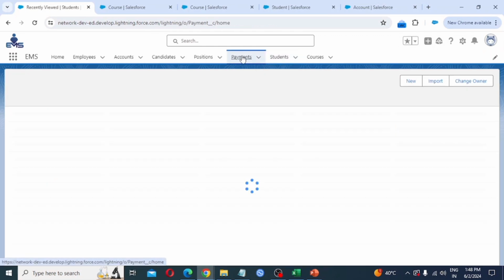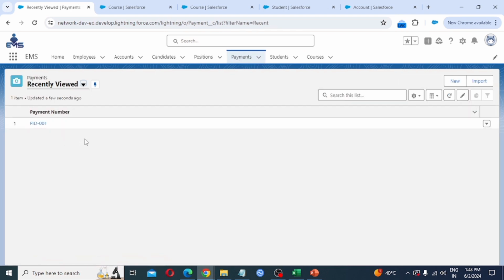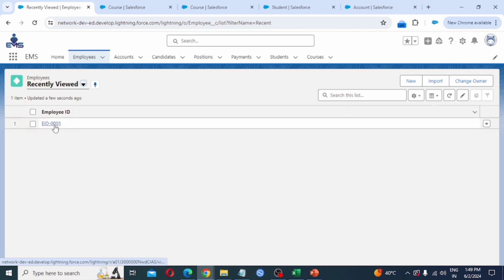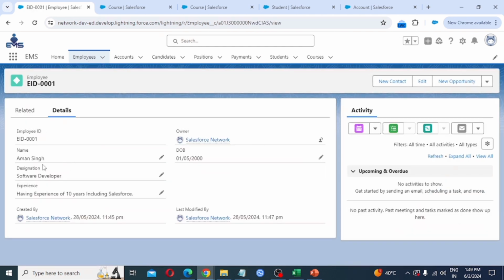So let's see the master detail relationship that we had created in the previous session. Here there is a relationship between employee and payment. There is a master detail relationship between both of them. So if I am clicking on this particular record, one thing we notice is that the owner field is not coming. Why? Here the owner of this particular payment record is the employee object. Again we can see employee as well. Clicking on this particular employee, the details are coming,